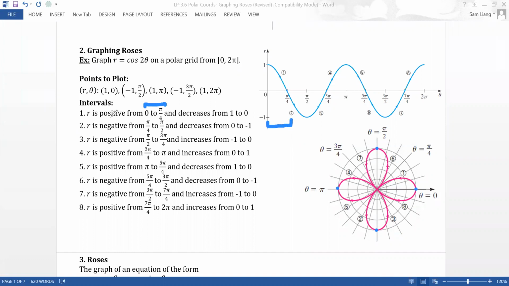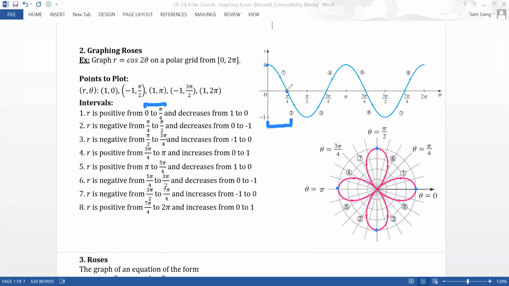So it says R is positive, and yesterday we didn't really designate whether it's positive or negative, but today we're going to identify it because at least for this graph, it is important. So just keep that in mind. That's something that we have to be aware of. R is positive, so it starts from +1 and decreases to 0, right? So again, R is positive from 0 to 45 degrees and decreases from a value of 1 to a value